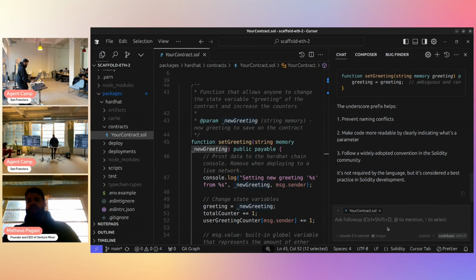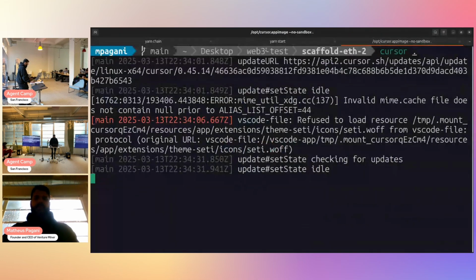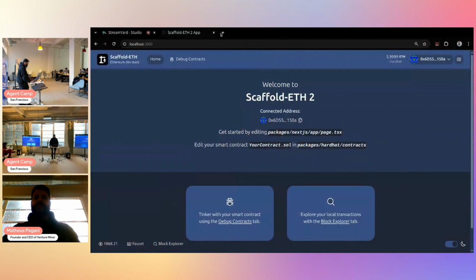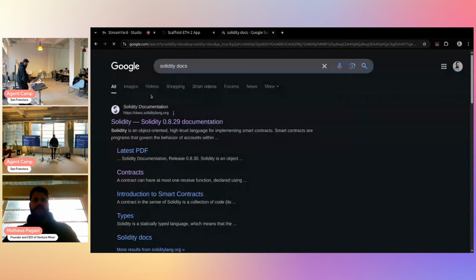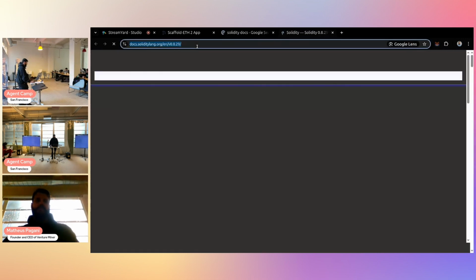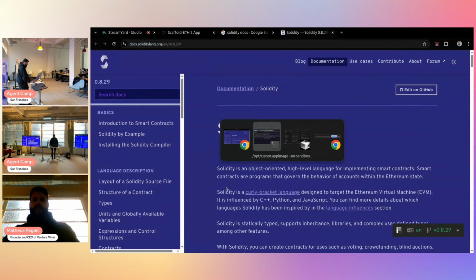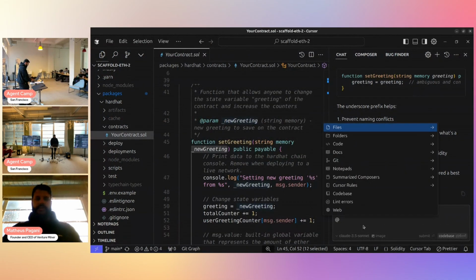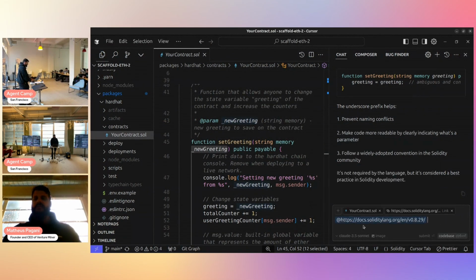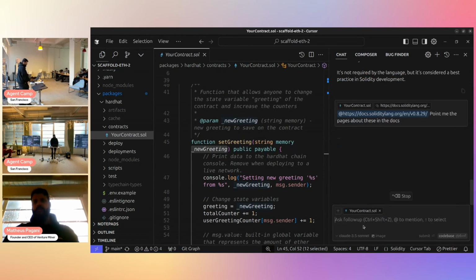You can even pass documentation, like the Solidity documentation, as context. Remember, you can do things like this: add, paste this link, add this link, and then you can ask, point me to the pages about these in the docs.